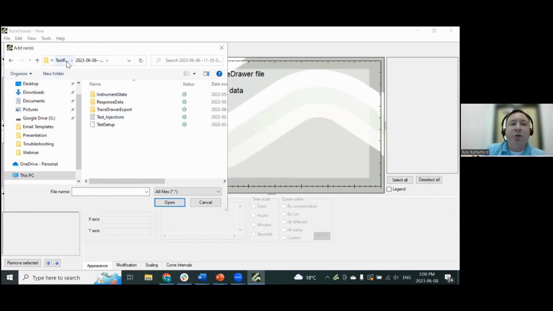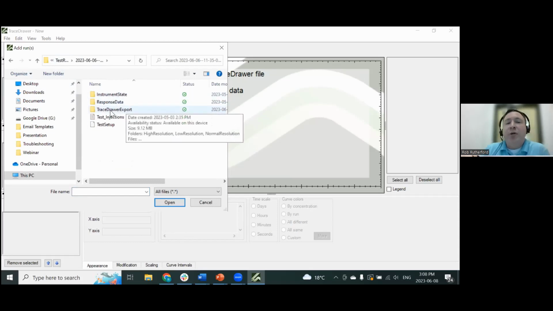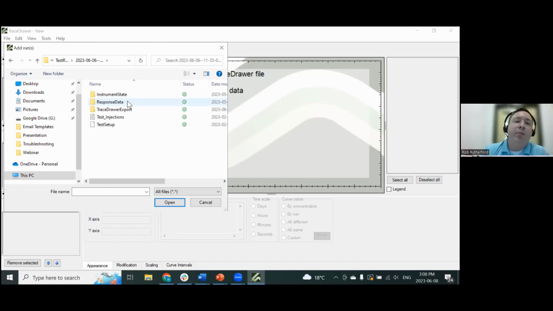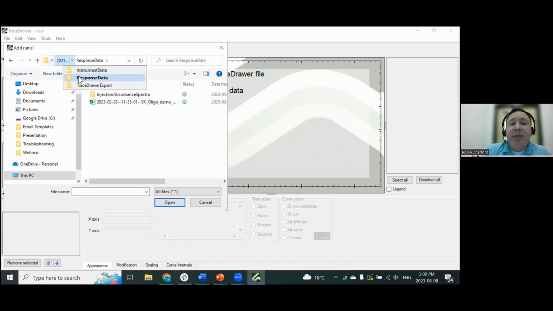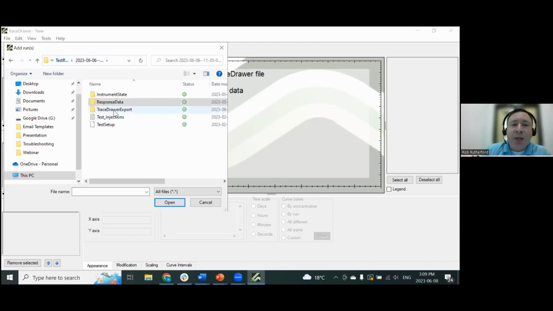So what you would do is just select whatever file you're interested in working on, and you're going to see that there are 3 different folders. We're interested in looking at the TraceDrawer export. The other 2 are more instrument log type things. So if you're interested to see what time the valve changed from channel 2 only to channel 1 and 2, or what was my response at a specific time, you can click on these and look at the data itself. But for the kinetics, we're just going to click on